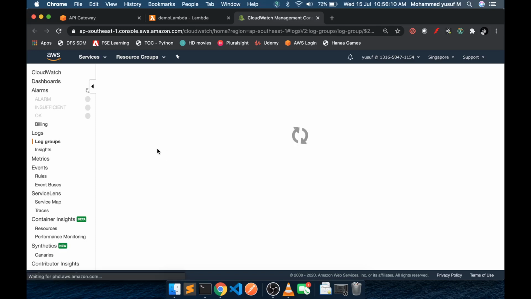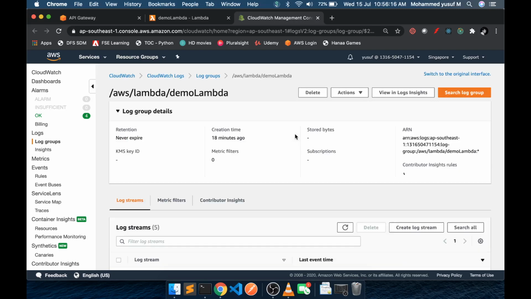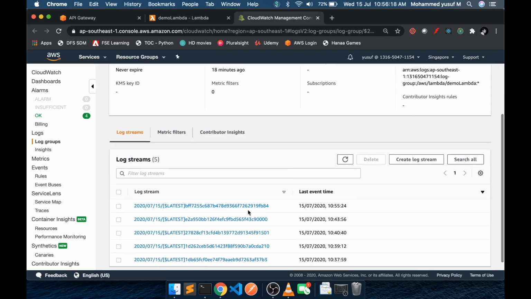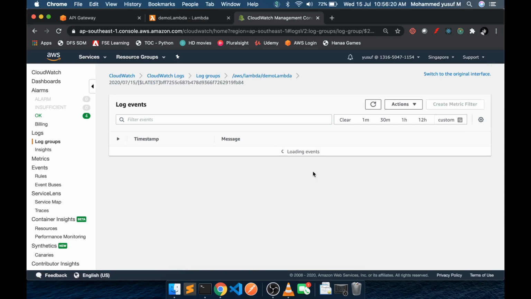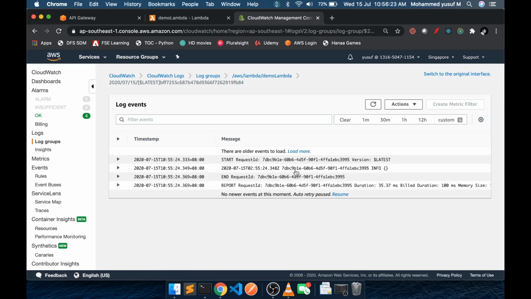Okay, it's opening up. So here let's take the latest log group. Okay, basically we don't see anything first of all, which means the event object doesn't contain anything.